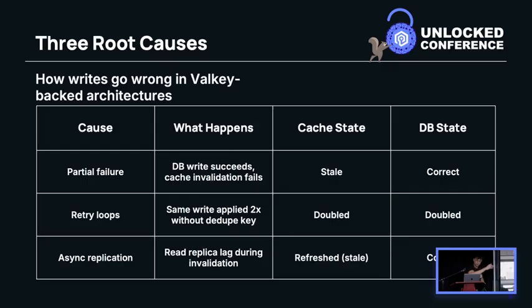There are three root causes to this. So a partial failure is, as I talked about before, it would succeed on the DB, but then it would not succeed in the cache, or the cache would have a stale value, and you have to invalidate the whole cache, which would lead to a long time of it updating and lead to wrong values in the UI. Then there will also be retry loops, where it would continuously retry to the database and also the cache. This is a huge problem, as we'd fail open, and then we wouldn't actually have an updated value for our ARR, and sometimes these would be lost if we had too many at a time, and then we could not deal with the retry storm after of how many